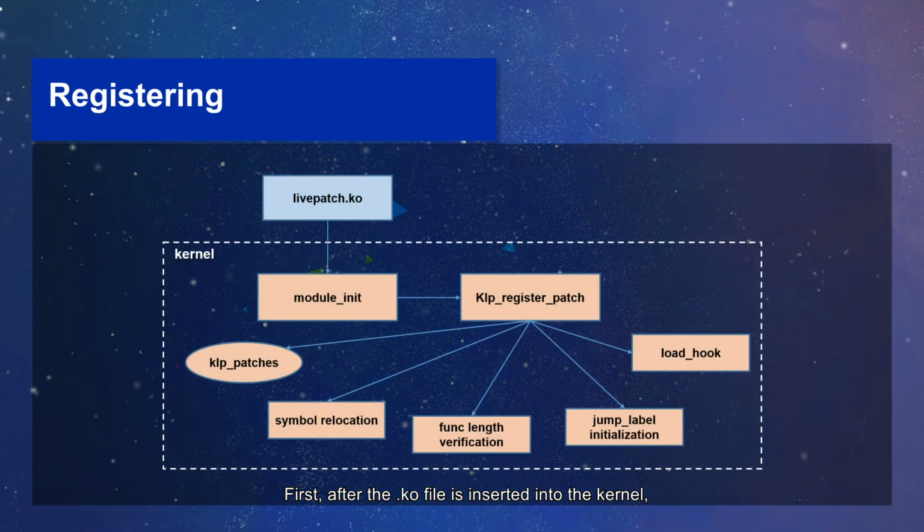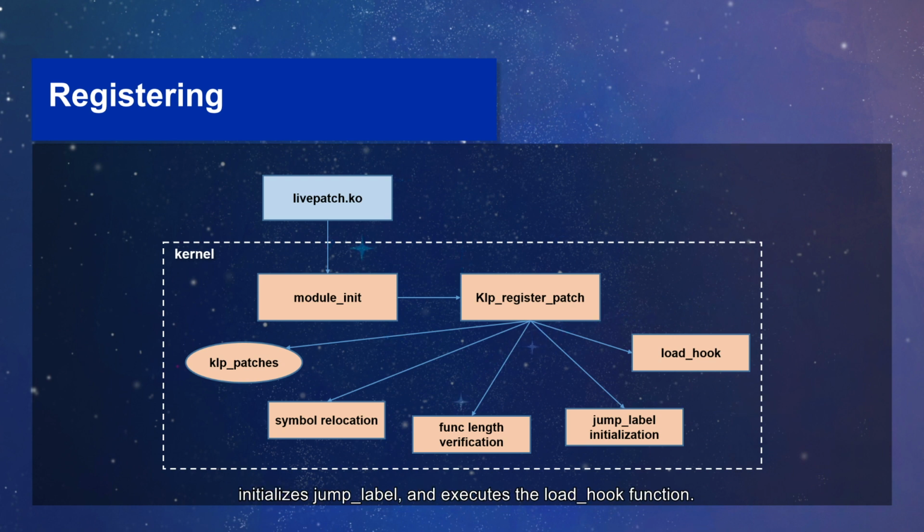First, after the KO file is inserted into the kernel, the kernel applies module initiation to identify functions that need to be run and registers the module's initialization routine. Then the KLP register patch function further processes the patch file. It registers the patch to the KLP patches list, performs symbol relocation, verifies function length, initializes jump label, and executes